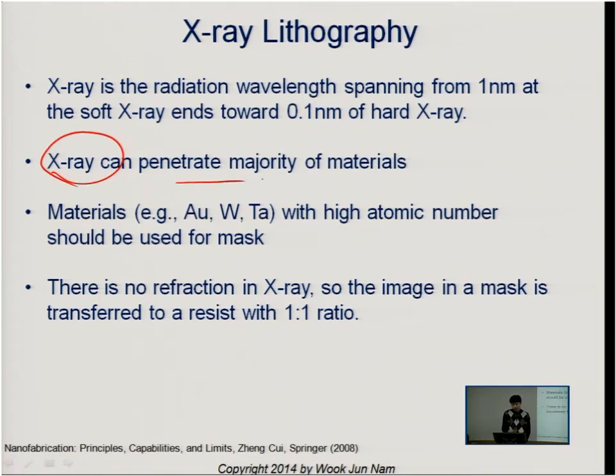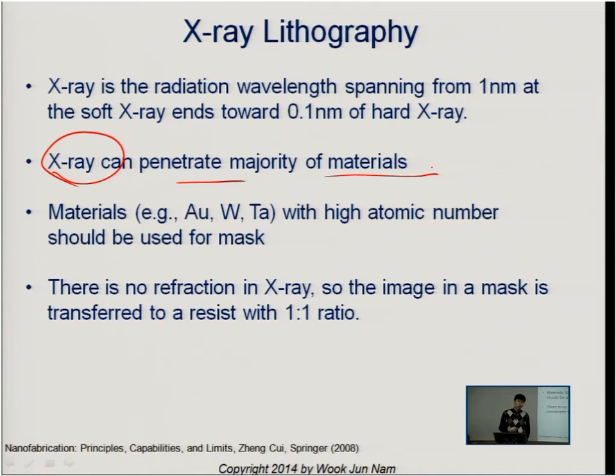X-rays penetrate the majority of materials. So the contrast on your mask is created based on materials with a high atomic number and a low atomic number. For low atomic number materials, X-rays can penetrate easily. For high atomic number materials like gold, tungsten, and tantalum, they cannot penetrate. So different combinations of materials can make the contrast. But